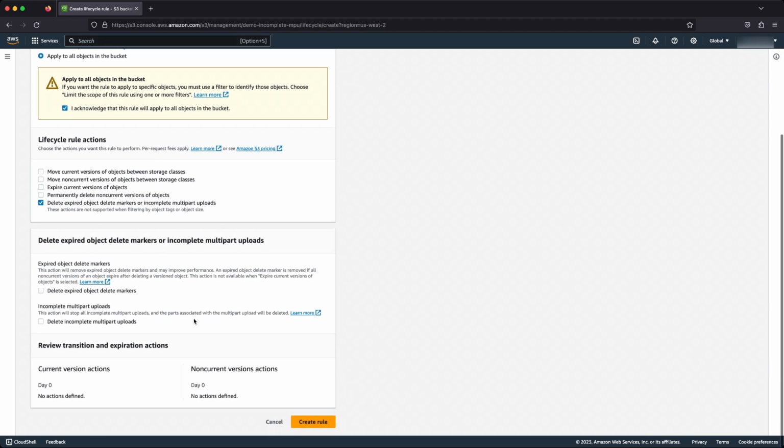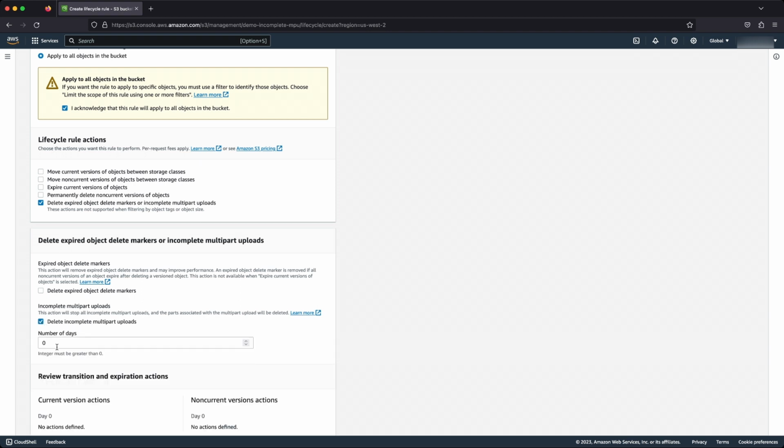We're going to scroll down a little further, and you want to delete incomplete multi-part uploads. Now, the number of days is really up to you. Some people like to select 7 or 10. Some people like to select 1. It depends on how big the files that you're uploading to S3 are and how long it takes them to